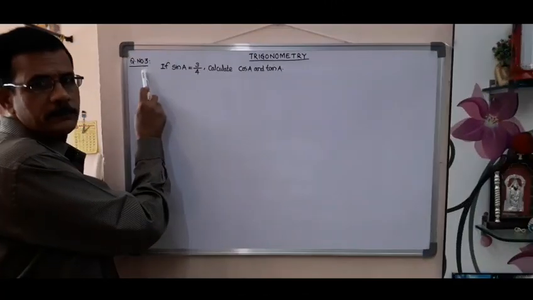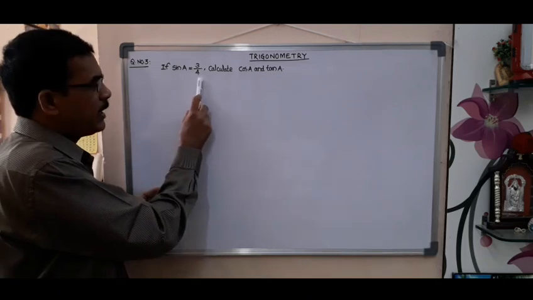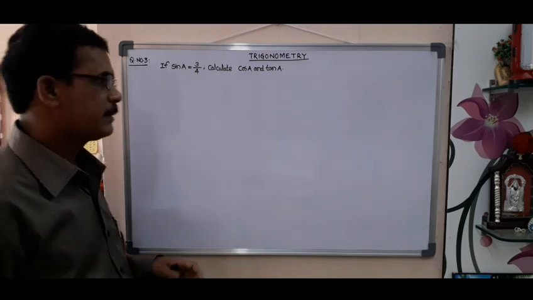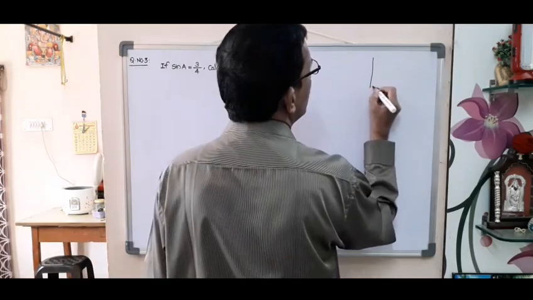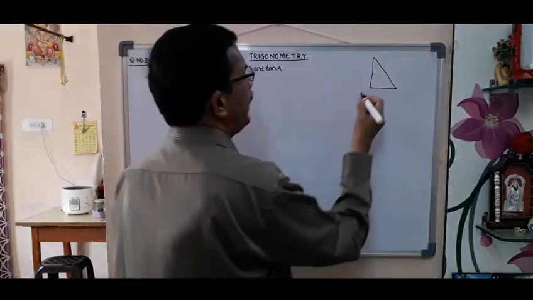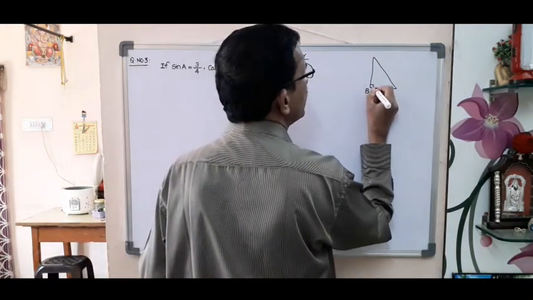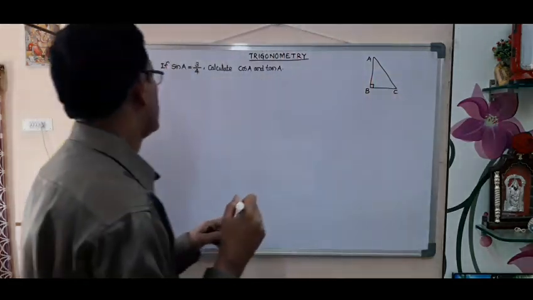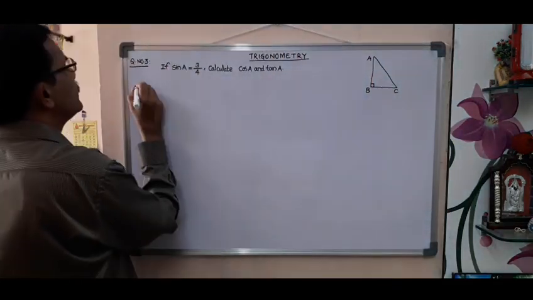Question number 3. If sin A is equal to 3 by 4, calculate cos A and tan A. Let us draw a right angle triangle. So I am taking it as B, 90 degrees, A, C. Now solution: